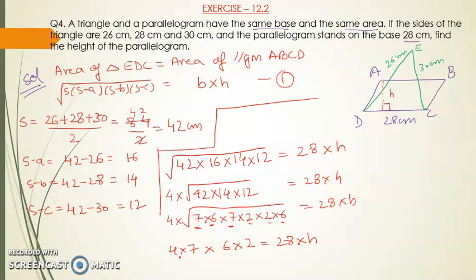Now see, if you multiply this whole, then divide by 28, then you will get the value of H. No, what you do, you multiply this and see if it can be cancelled. 7 1s are 7, 7 4s are 28. So this 28 cancelled. So what is left? 6 into 2, 12, which is equal to H. Okay, so H is equal to 12 centimeter. Why in centimeter? Because in the question the sides are given in centimeter. So obviously height has to be 12 centimeter, which is your answer, students.